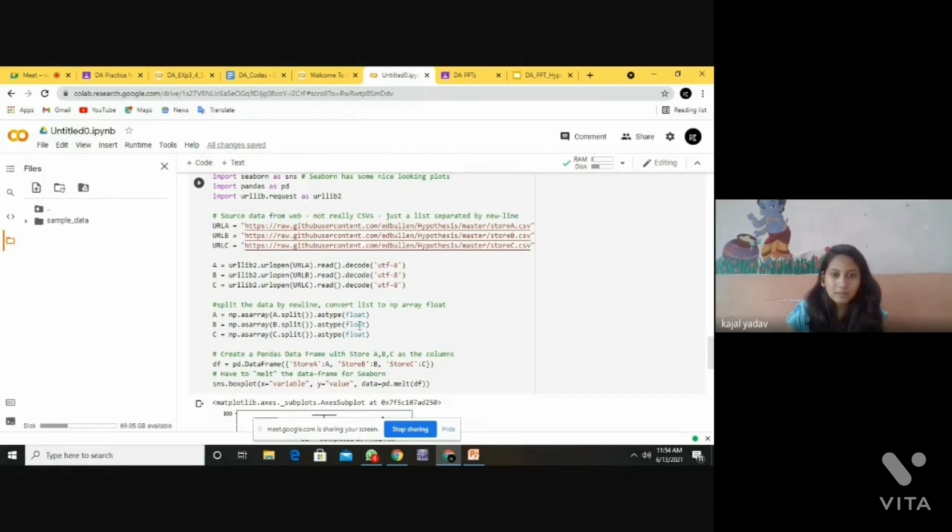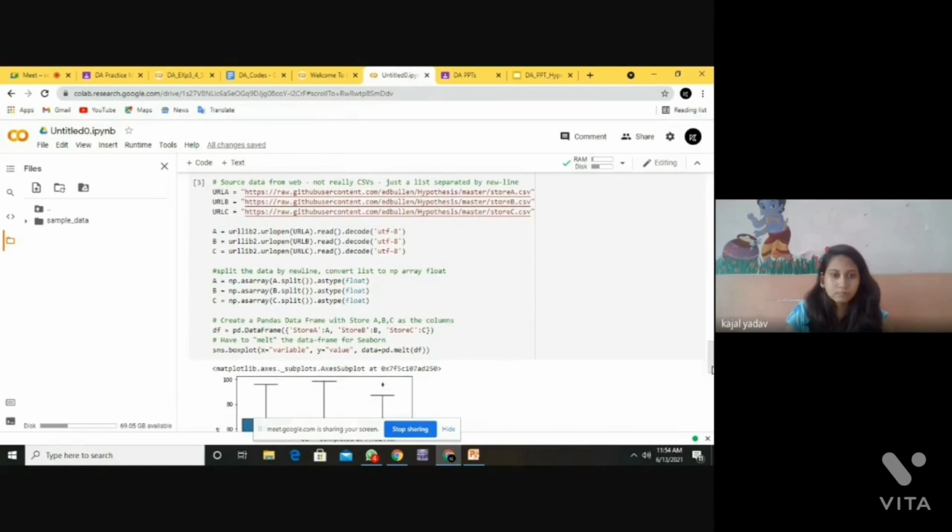So we are splitting here and giving the type as float, and here we create the pandas DataFrame with the source A, B, C as the columns. df is equal to pd.DataFrame, which stores A, B, and C.